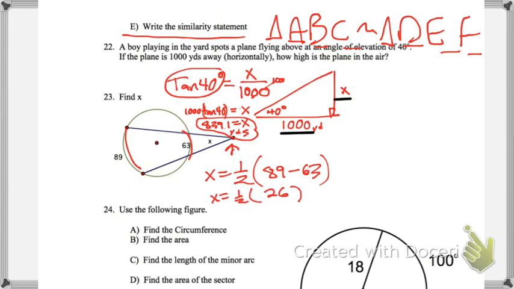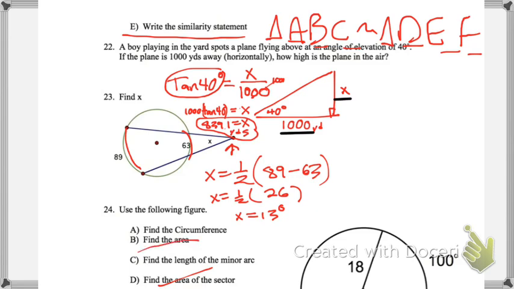So that's half of 26, and x then is 13 degrees. Okay, so half the difference when the intersection's outside the circle. The circumference, area, length of the minor arc, and find the area of the sector. The two that are on the final, so you can kind of just leave yourself a little, I can address those sometime if you like,